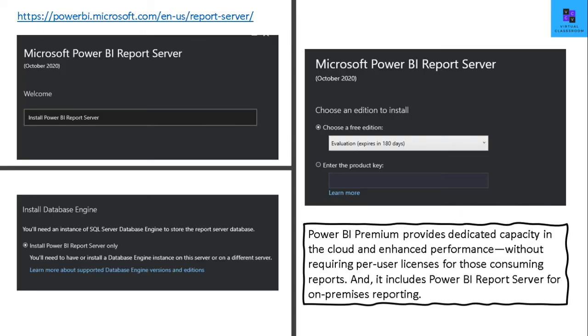For installing the report server, you have to go to powerbi.microsoft.com, look for the report server and then install the file. When you install, it will notify that you need to have a database engine as it is specifically calling for the on-premises data sources. The point to be noted while installing is that you need to have a premium capability of Power BI for you to use it. Otherwise, the free edition works for only 180 days. When you have a premium capability enabled, automatically you have a Power BI report server that you can access for the on-premises reporting purpose.